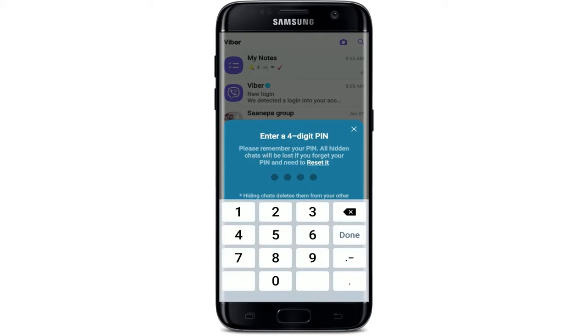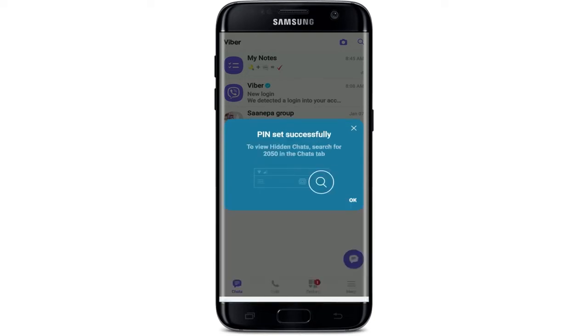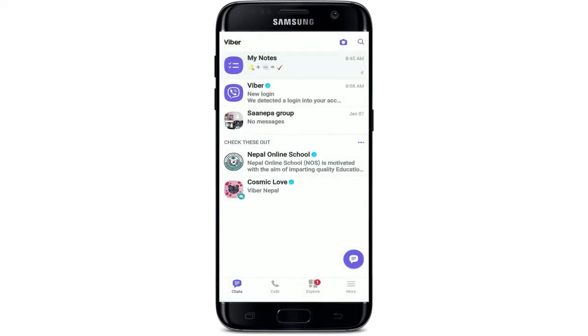Now confirm the PIN by typing it again. And now you've set a PIN successfully. Tap on OK, and as you can see, the chat has now disappeared from the chat screen. It has been hidden somewhere else. If you'd like to find it and unhide that particular chat on Viber,